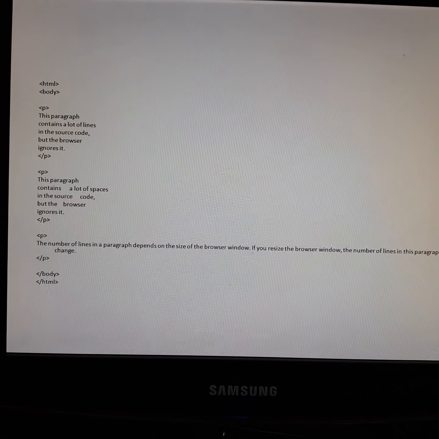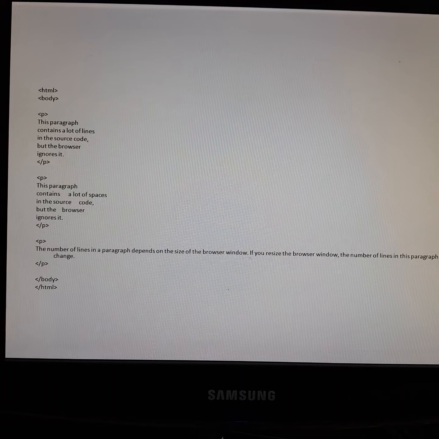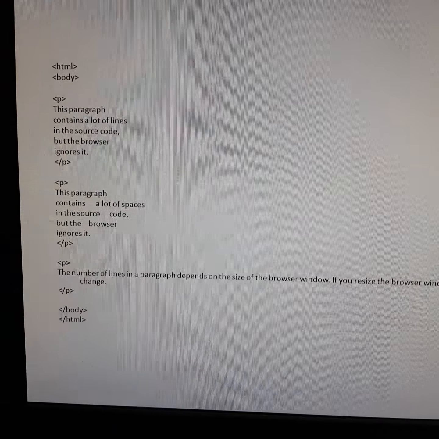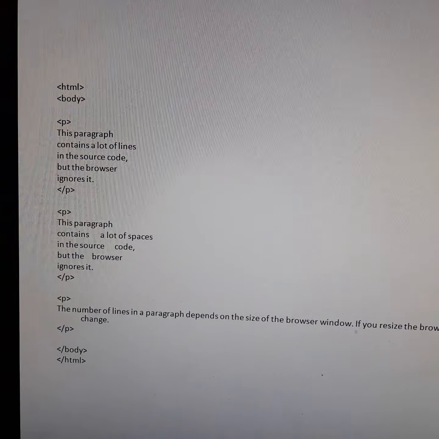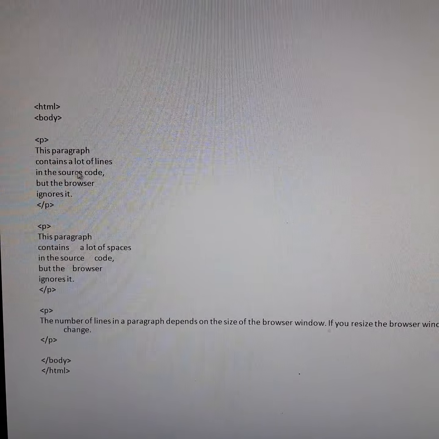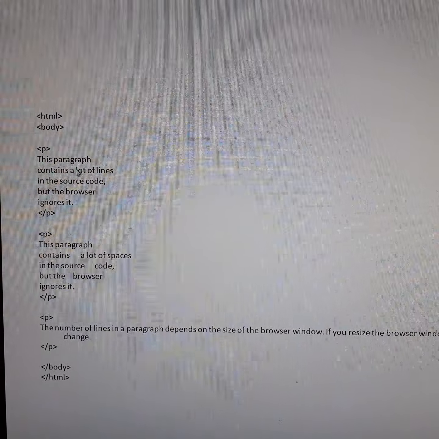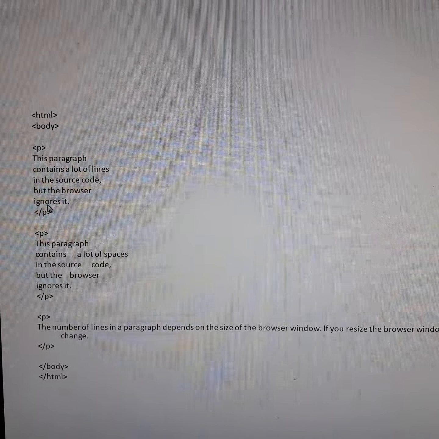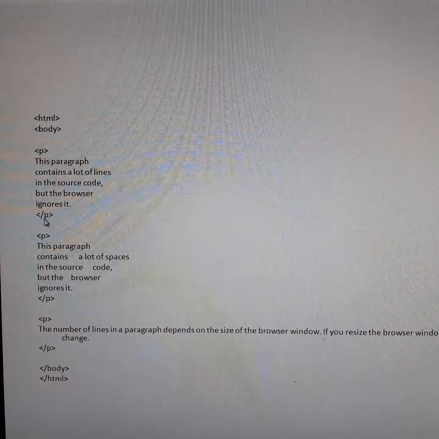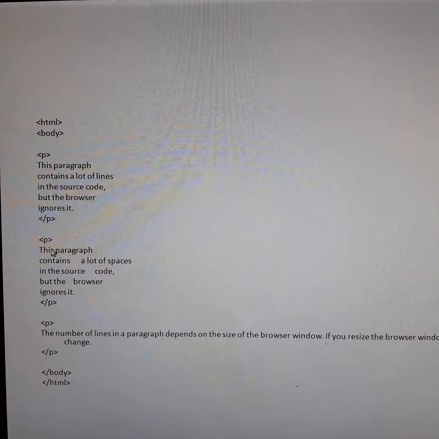Now we'll see one more example on this paragraph tag. We have written HTML, body, then p. This paragraph contains a lot of lines in the source code, but the browser ignores it, closing p tag.